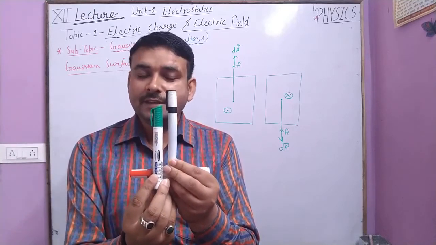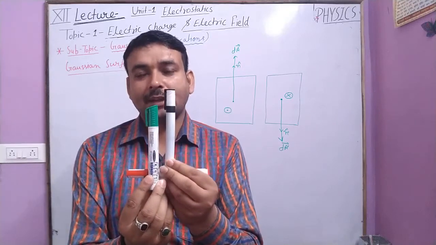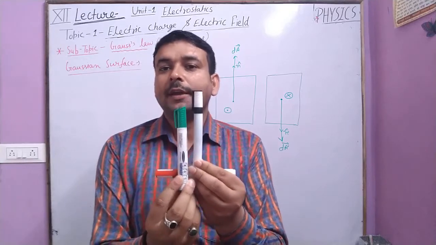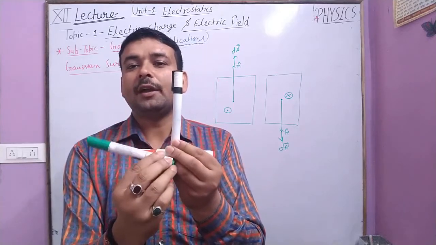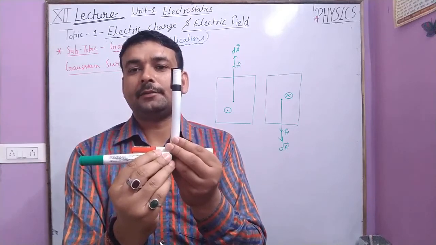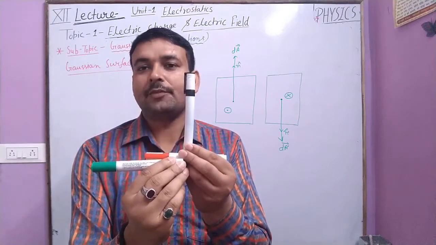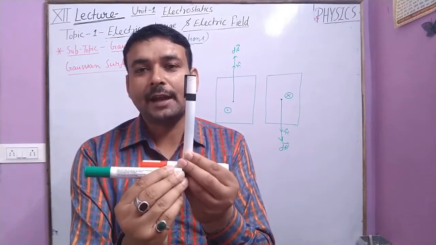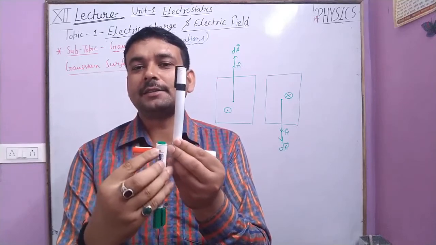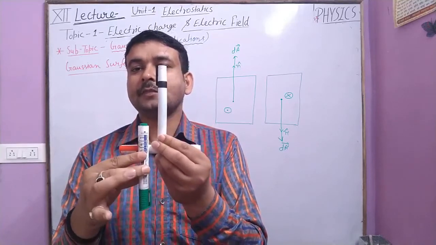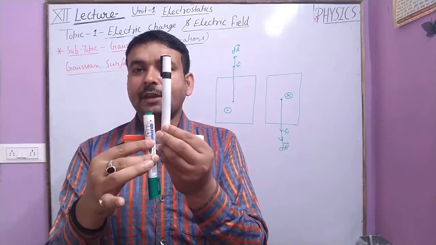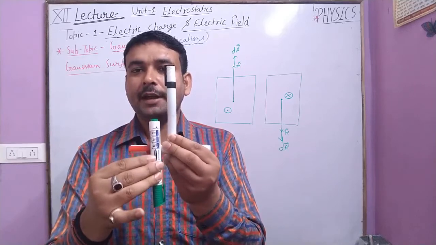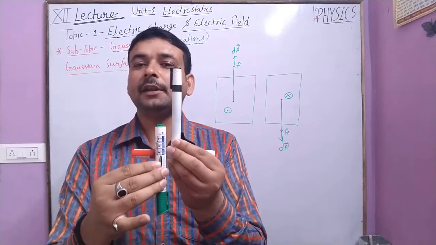Therefore, you can easily say that the angle between the electric field and the area vector is 0 degree. Clear? Okay. If the electric field is moving along with the surface like that, then you can easily specify the angle between the area vector and the electric field is 90 degree. And another case is like that, in which the electric field is moving vertically down through the surface, but the area vector is in the forward direction.